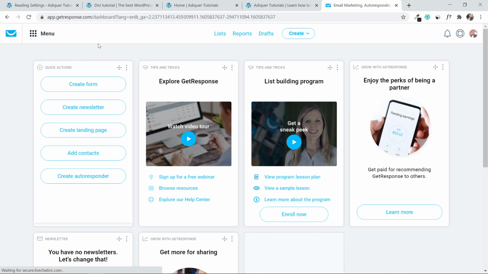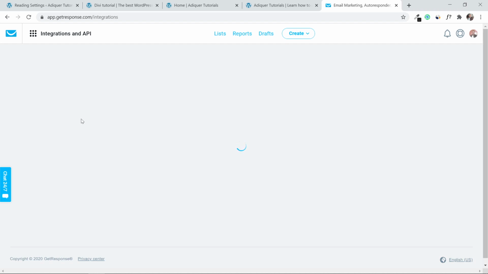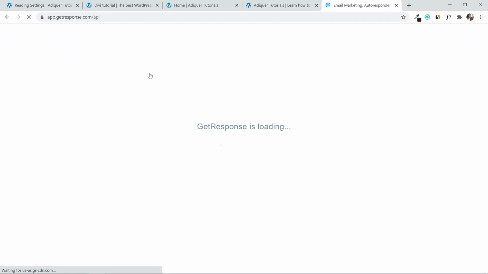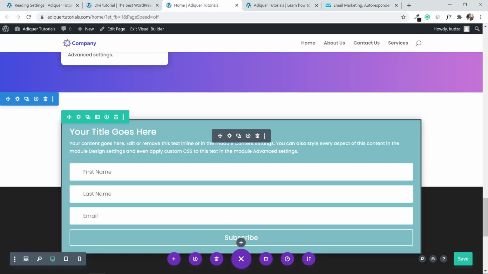After you're logged into your account, just click over here, menu, and go to integration and API. Then click API. So all you have to do is to now copy your API and go back, copy your name and API key, then go back to your site, then click on the form icon over here, the module settings,